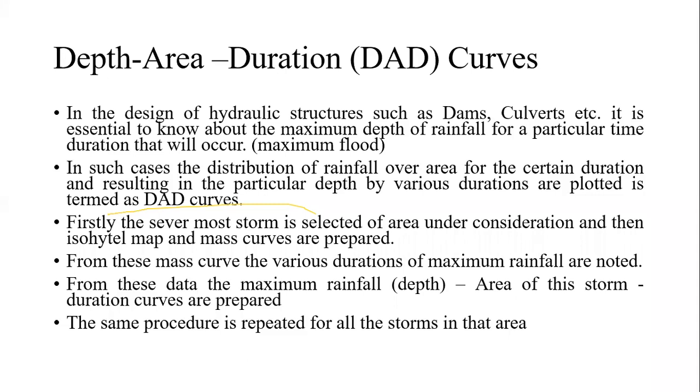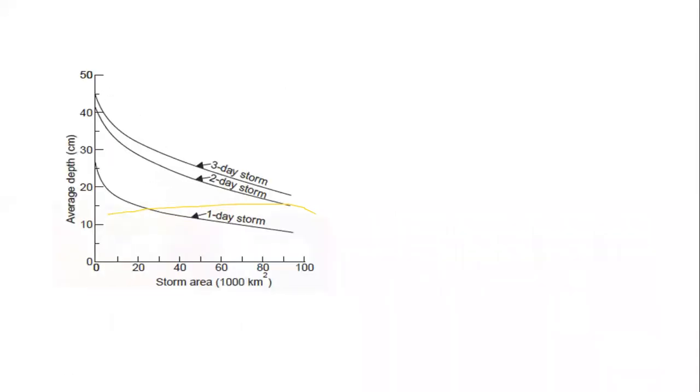प्रोसेसने अनालाइज करायचा आहे. म्हणजे काय करायचं आहे? त्याचा मास इनफ्लो कर्व तयार करायचा आहे, आयसोहाइड मॅप तयार करायचा आहे, आणि त्यानुसार आपल्याला मॅक्झिमम डेप्थ, त्याचा एरिया आपल्याला माहित असणार आहे, आणि ड्युरेशन हे सर्वच्या सर्व अनालाइज करून आपल्याला ते एका ग्राफवरती मार्क करायचं आहे. हाऊ टू प्रिपेअर दॅट ग्राफ? आय विल शो दॅट आयडियल एक्झाम्पल्स ऑल्सो.